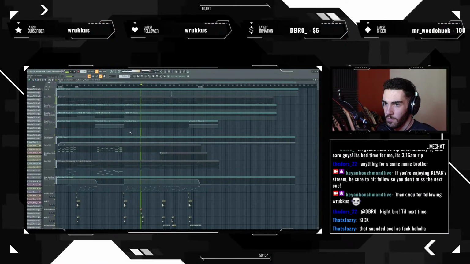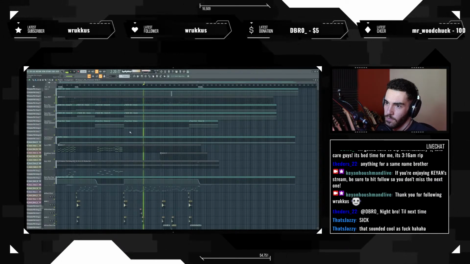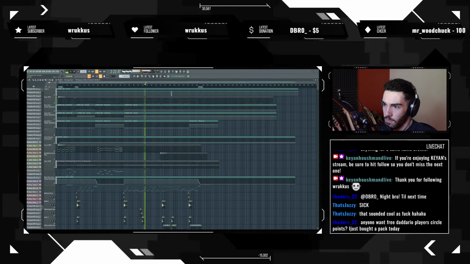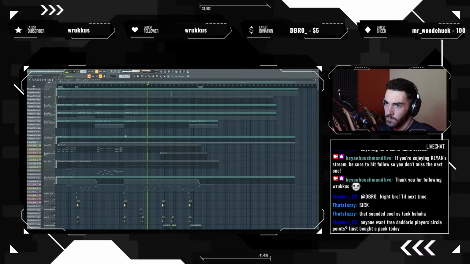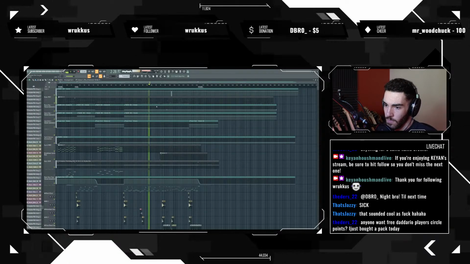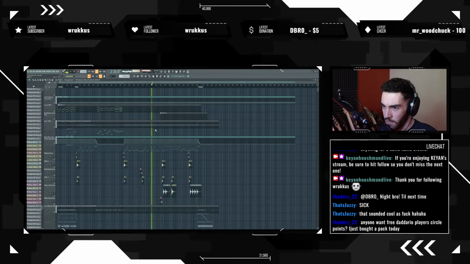Nice little build up, and then going back into that rhythm motif. With that melodic motif in the background that was alluded to at the beginning.